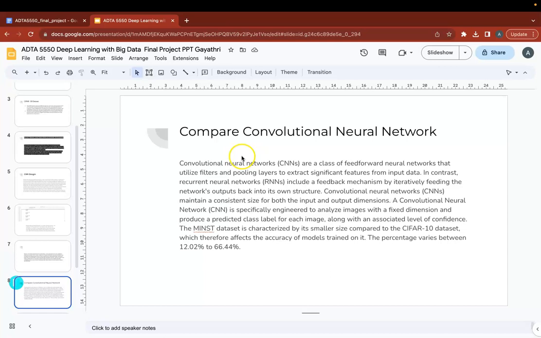MNIST is characterized by its smaller size compared to the CIFAR dataset, which therefore affects the accuracy of models trained